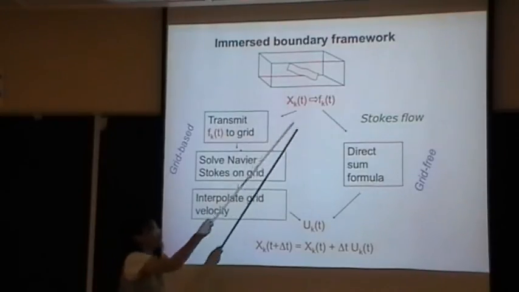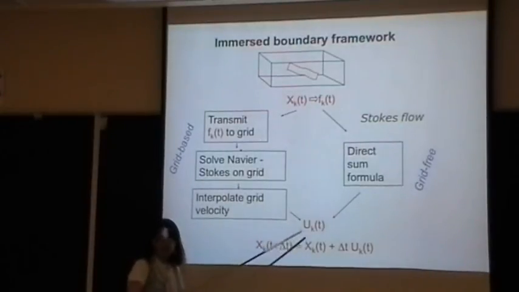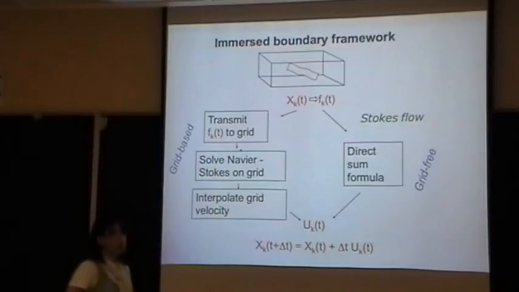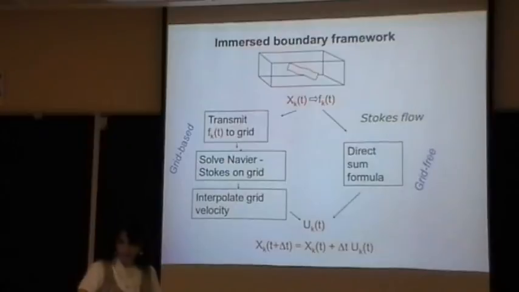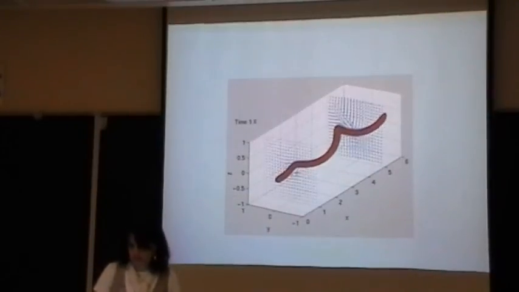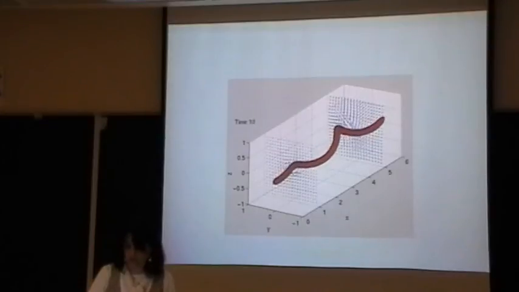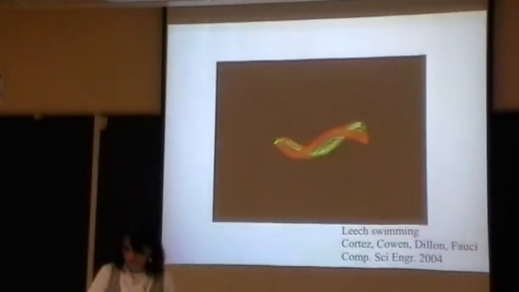So if you're applying a force somewhere and then you want the velocity at the point where you apply the force, infinity is not going to be so good. So there are ways around this, and it's a very nice numerical method that I'll show you that works within an immersed boundary framework, but for Stokes flow. So this calculation is actually using a particle method in Stokes flow. Here's an old movie,